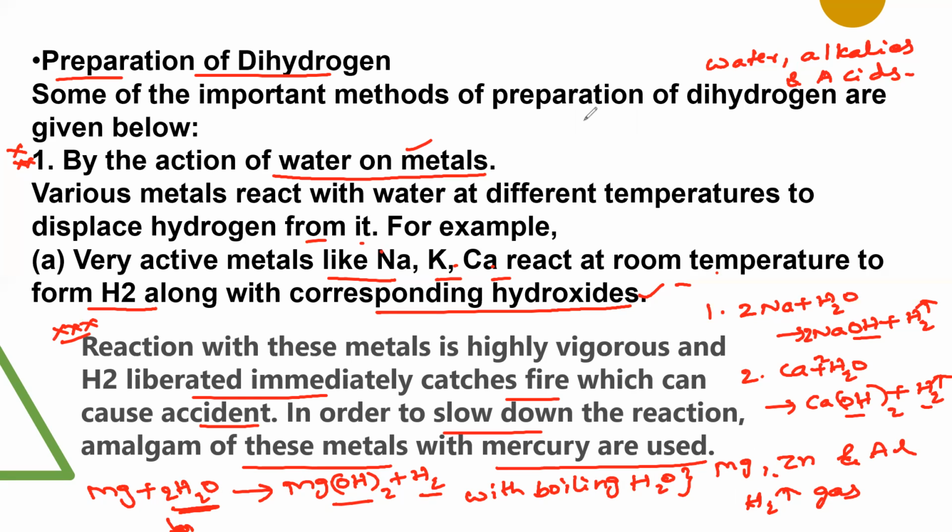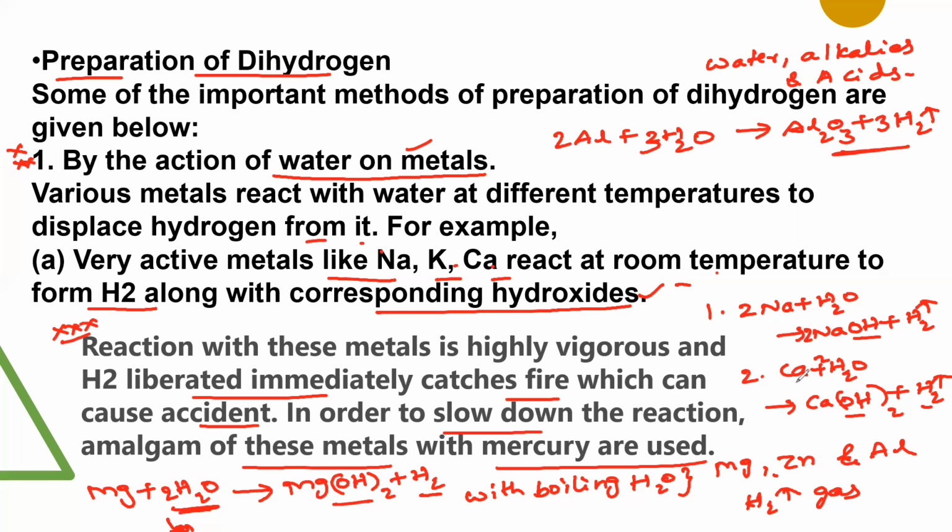With aluminum, it forms not hydroxide, it forms oxide. So aluminum combines with boiling water and forms aluminum oxide, not aluminum hydroxide, Al2O3 plus hydrogen gas. So in this way, aluminum combines with water and forms Al2O3 and hydrogen gas. So this is the first preparation of dihydrogen, and the reaction with these metals, that is sodium, calcium, and